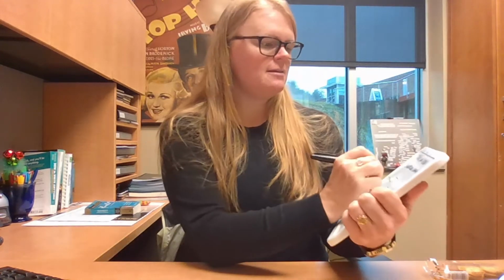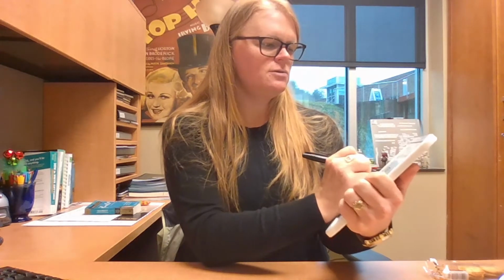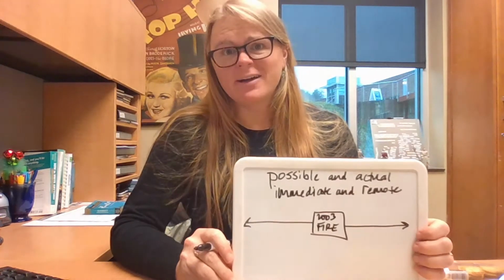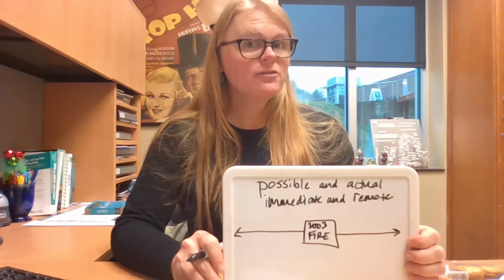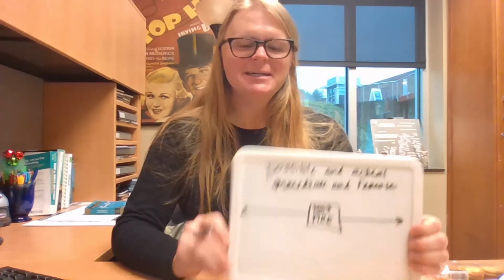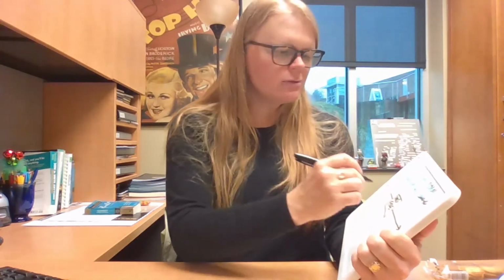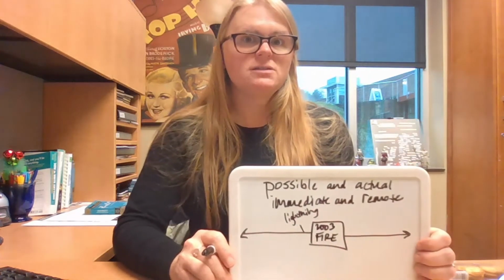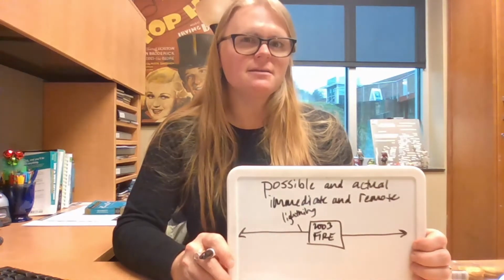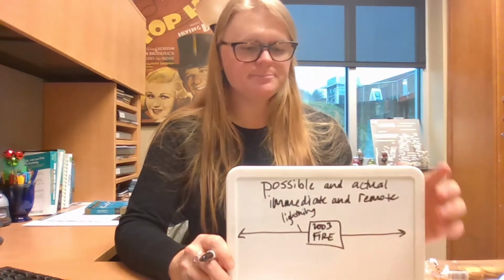So let me put that here as my topic. 2003 fire. I'm going to talk about this specific fire that happened where I lived in Montana. I don't know if you can hear the thunder, but it's thundering now. The immediate cause of that fire was lightning. There were storms rolling through, and a lightning strike on the mountains near where I lived caused the fire to start. So that's the immediate cause because it's closest in time.